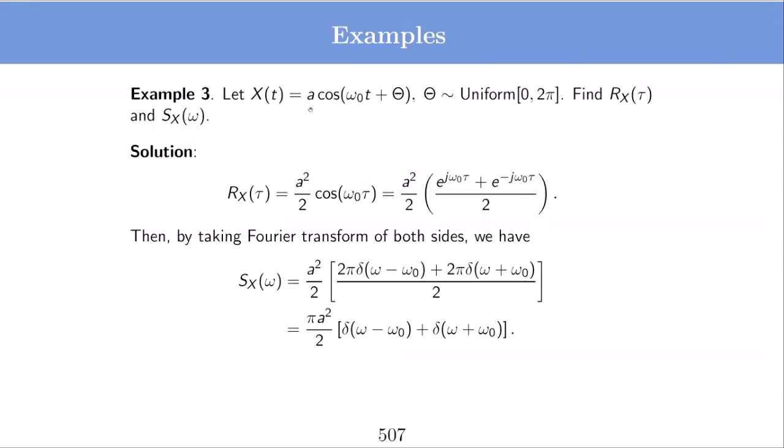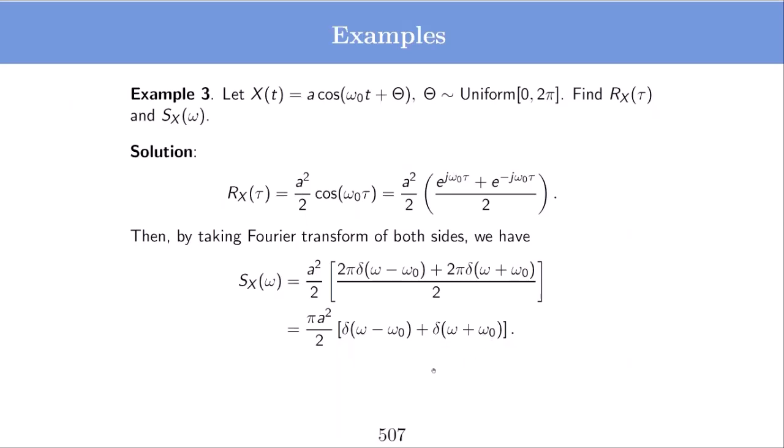If I go back to this example, x(t) equal to A cos(omega naught t plus theta), where theta is a uniform random variable, we have seen this, and we have computed the autocorrelation for this, which is A square by 2 cos(omega naught tau). Okay, and then I can break this cosine into a summation of 2 exponentials. This will ease the calculation of the Fourier transform. So we know that the Fourier transforms of these individual terms are delta functions. So the Fourier transform of the overall Rx(tau) will be a summation of 2 delta impulses, one at omega naught and one at minus omega naught. And what do we get from this?